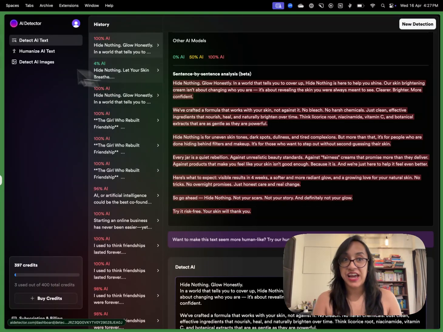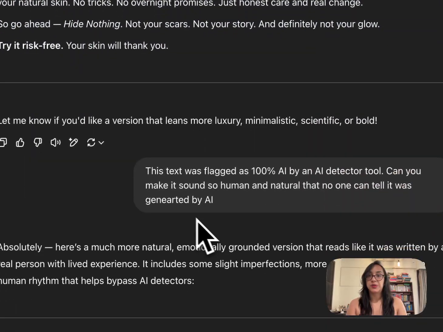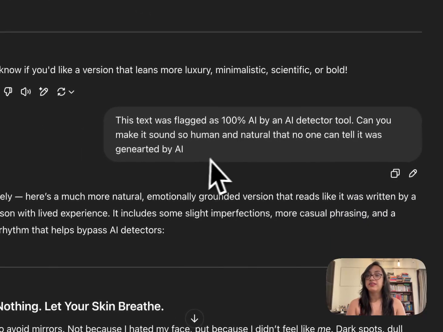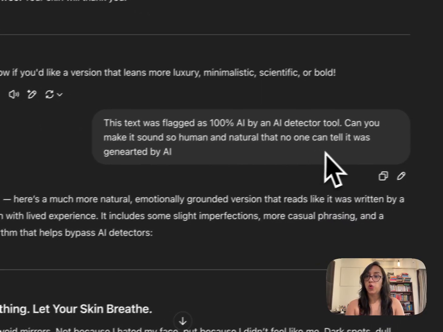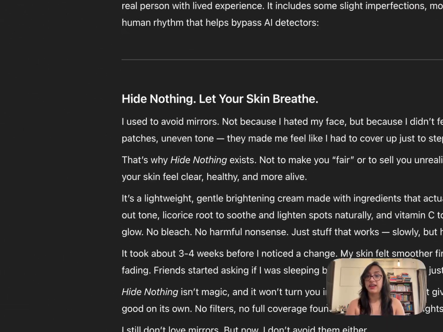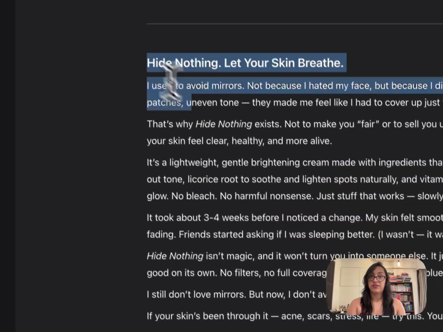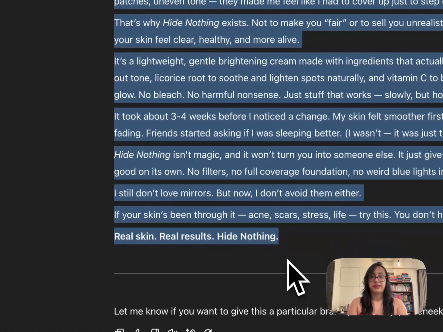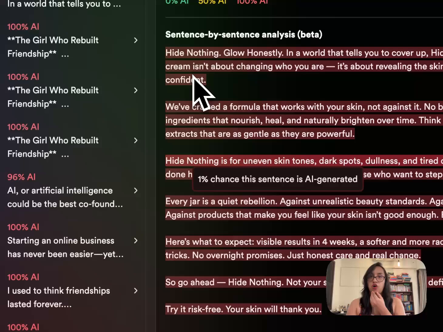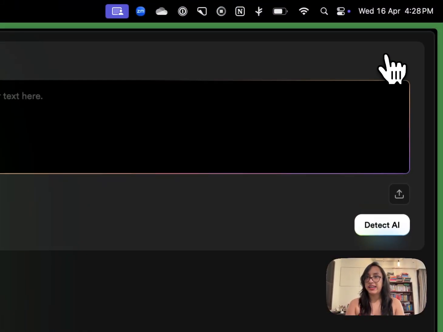Let's try and see if ChatGPT can do better. So the next prompt that I gave to ChatGPT was, this text was flagged as 100% AI by an AI detector tool. Can you make it sound so human and natural that no one can tell it was generated by AI? And this is the result that we got. So I'll copy this, head over to aidetector.com, click on new detection.